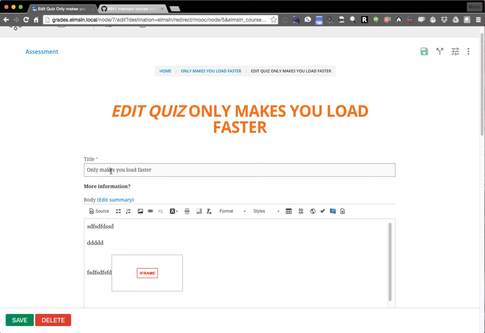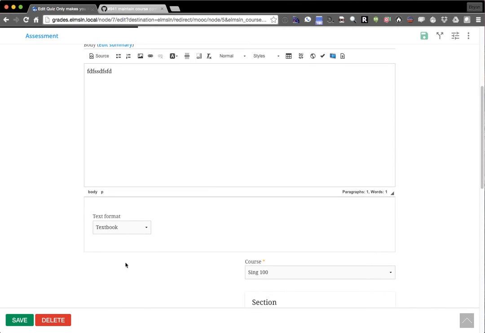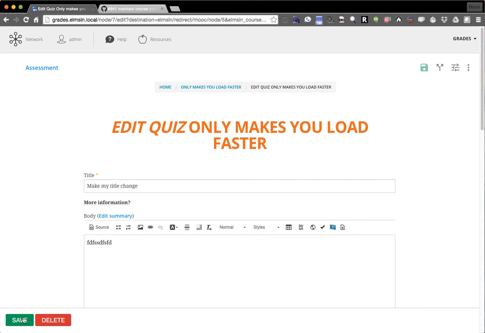So I can make my changes here. Make my title change, and we'll just delete the content entirely. We're not going to mess with the quiz stuff or get into that at all. But so now what's going to happen? I'm going to hit save. It's going to look for this system. It's going to save the node, save this quiz local to the grade system, and then it's actually going to perform a web query in the background, destroy the cache entry for this remotely, and then redirect you back to